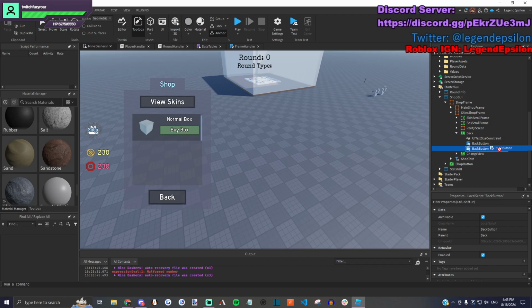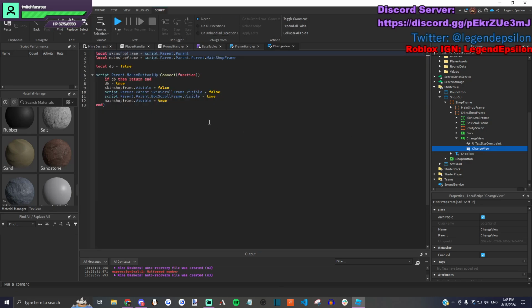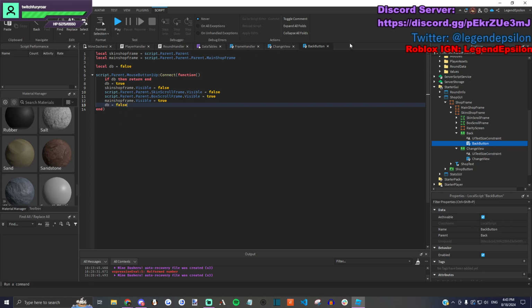So now we'll duplicate this and change this to, or put this to change view. Change view. Now we'll delete these. db is equal to false. I forgot to put that in the back button. Okay. So now we do